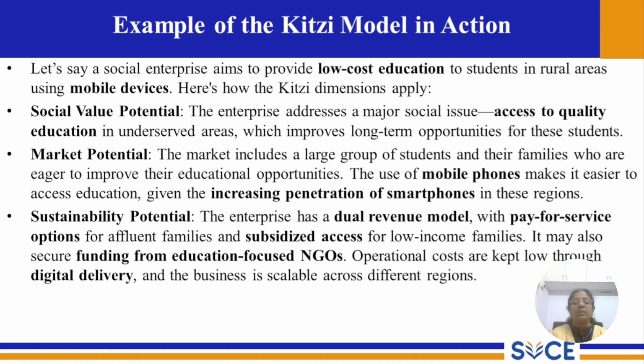Market potential. The market includes a large group of students and their families who are eager to improve their educational opportunities. The use of mobile phones makes it easier to access education, given the increasing penetration of smartphones in